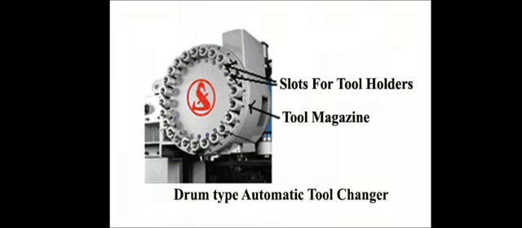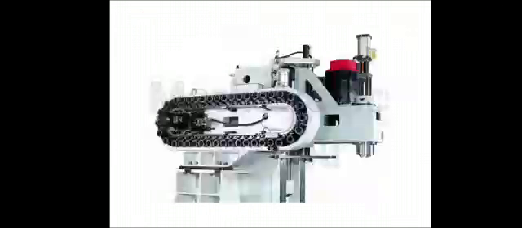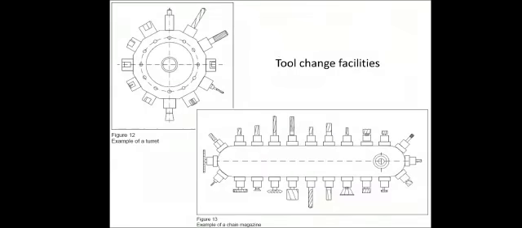Second type of automatic tool changer is chain type changers. These are used when the number of tools is higher than 30. The number is different depending on the design and manufacturer. It is important to note that the number of tools for the drum type is fewer than the chain type, but the tool search speed will be lower in this case. This one is the diagram which shows the drum type and chain type.